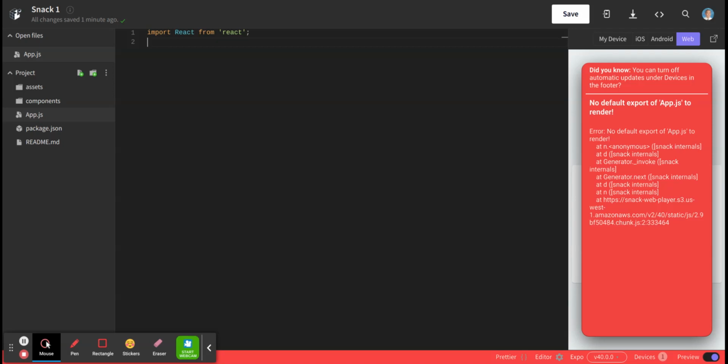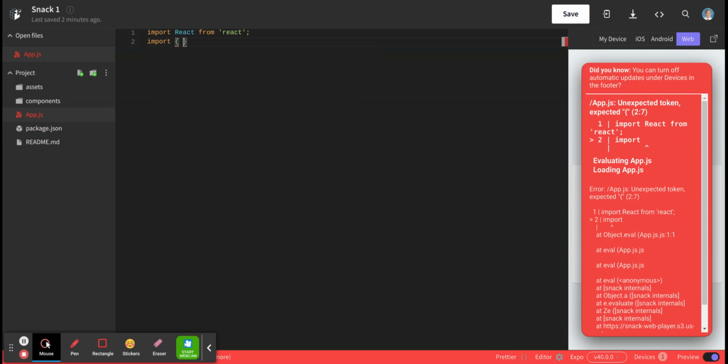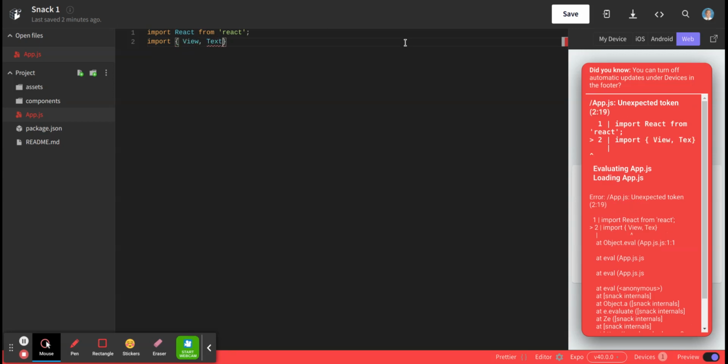So there are certain standard components that we have to pull in that will allow us to handle those basic things that every app is pretty much going to have. Okay, so we have to pull those in next. So I'm going to write another import statement. This one is going to have some curly braces. And I'm going to pull in two